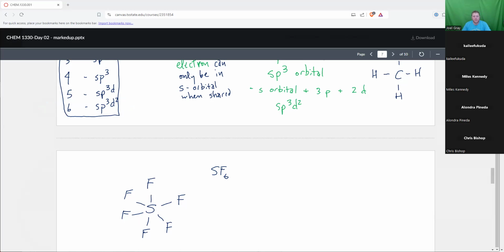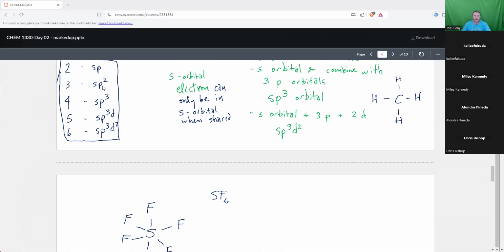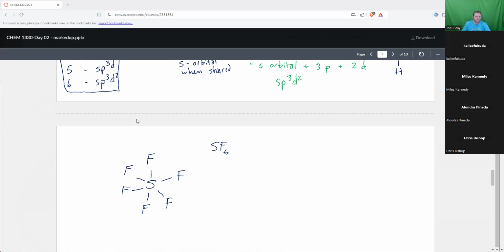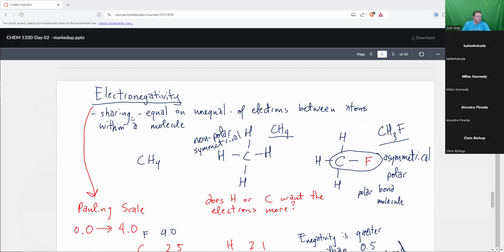So I want you to be able to identify the type of hybridization. That's important. I'll give you a compound and say, this is the central atom. What's the hybridization of that atom? And it really boils down to counting up the number of things that surround that central atom. Another example that you might come across would be, or actually, yeah, there we go. So CH4, SF6, those are both examples that you can kind of lean on and look at. We talked about